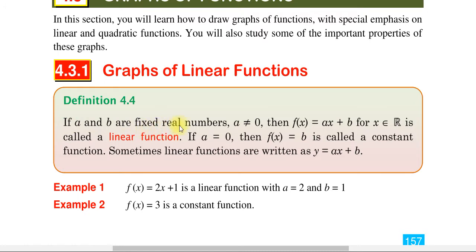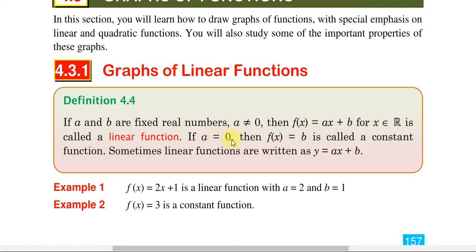a and b are a fixed real number ቢሆኑ a different from 0 then f of x is equal to ax plus b for x an element of r is called linear function እንለዋለን ያ ማለት f of x is equal to ax plus b ከተጻፈ linear function